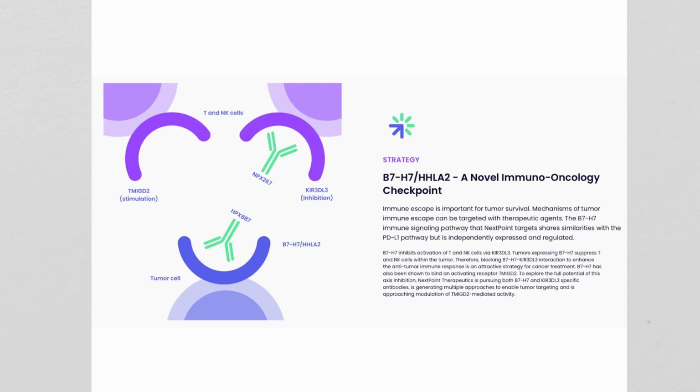So there's NPX 267, which is an antibody that binds the KR3 receptor on white blood cells. And there's NPX 887, also a monoclonal antibody that binds HHLA2 on the actual tumor cell. Okay? So